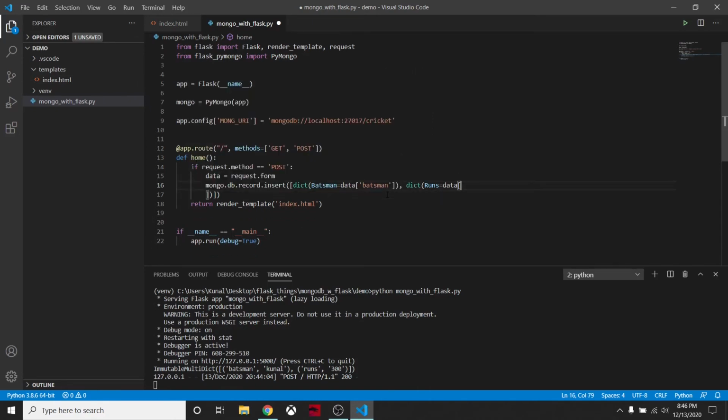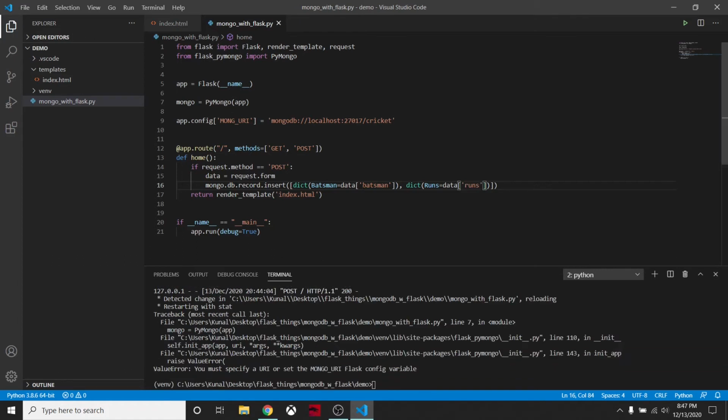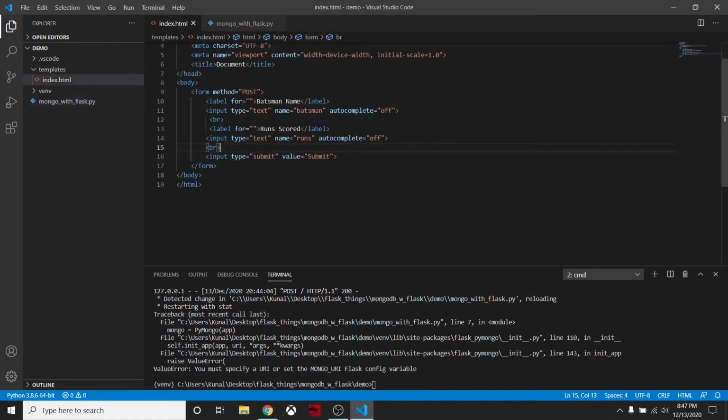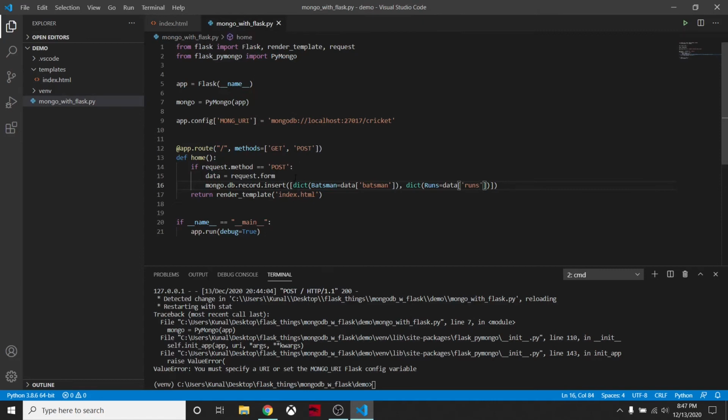Oh, so many mistakes. Here we'll say runs. So now it is done. I think pretty much everything is looking good. These batsman and runs are coming from here. I have named the input tags batsman and runs.